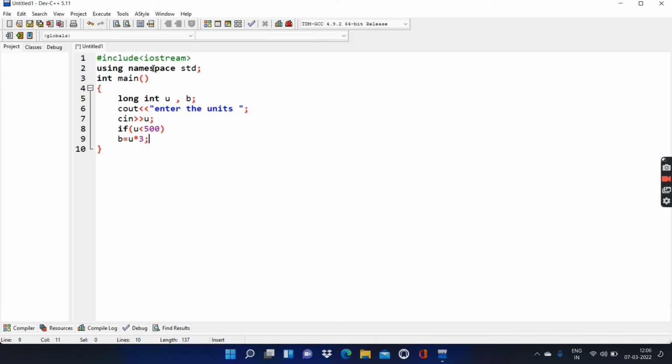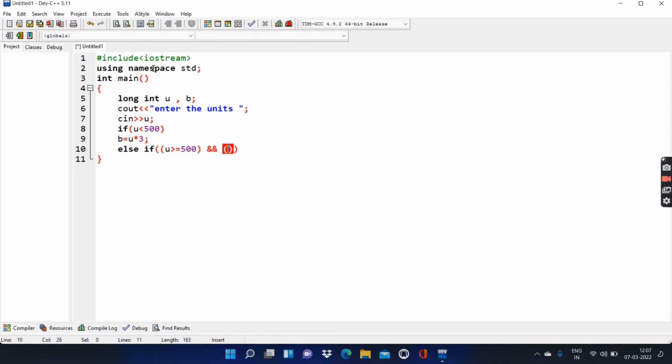Okay, we will end this line with the help of semicolon. After that what we will do, we'll use here else if in round brackets. I will take one more round bracket. In it u is greater than or equal to 500. Okay, and